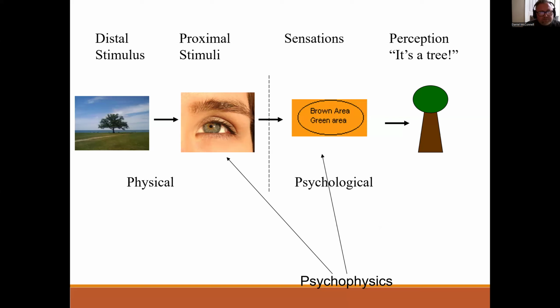But that middle arrow actually represents the beginning of sensory research, and some could say even the very beginnings of experimental psychology. I am a fan of how the textbook authors write about how Fechner essentially invents experimental psychology, despite the fact that most history of psych books will argue that Wundt was the first. That's only because Wundt was the first to actually use the term experimental psychology and created a laboratory that he called the Institute for Experimental Psychology. But decades before that, Fechner was doing psychophysical research,